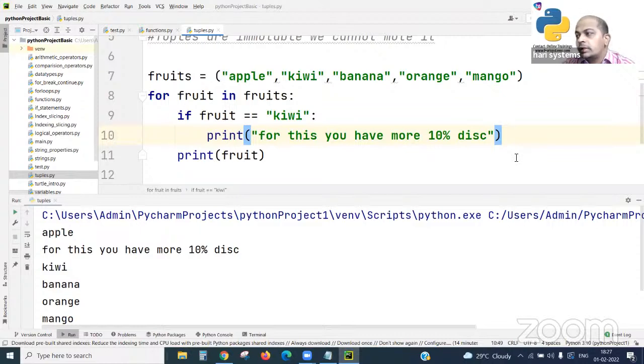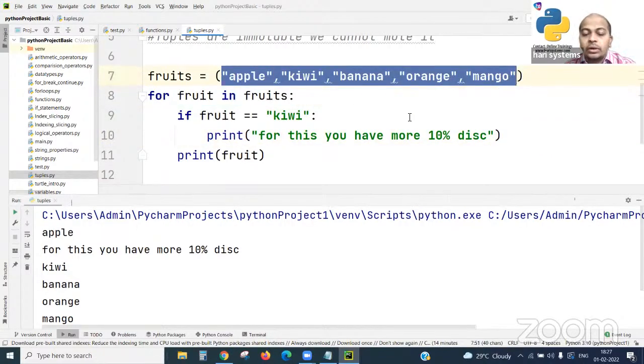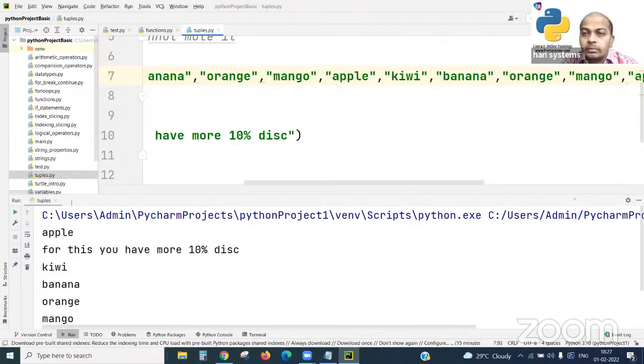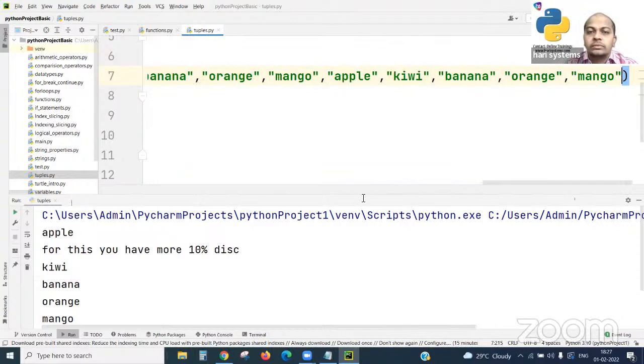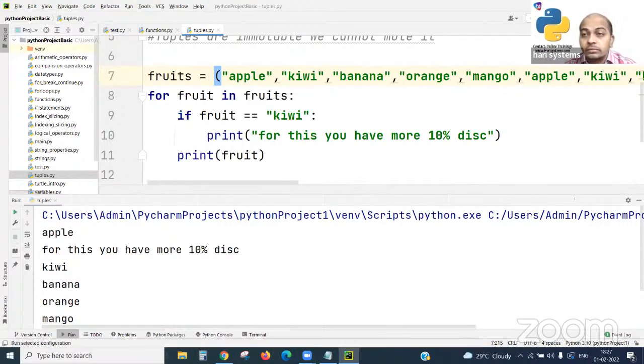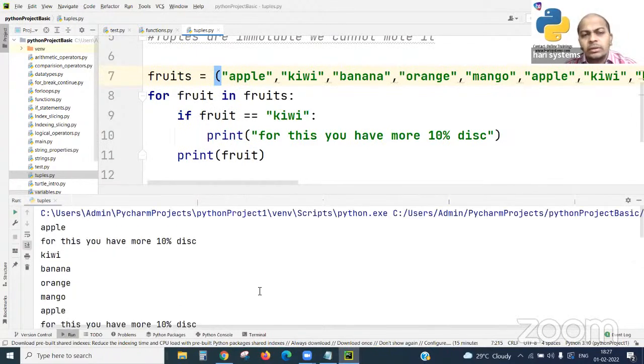We have seen negative index, positive index, and reading the list of items using a for loop statement. Here I'm putting only 5 items, but if your items are thousands of items, what do you do? Understood how the for loop will run. It will read all the items.